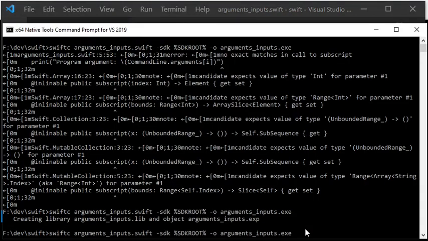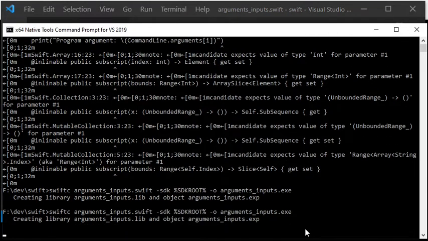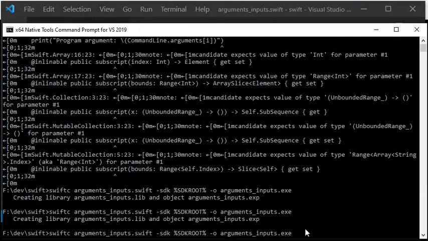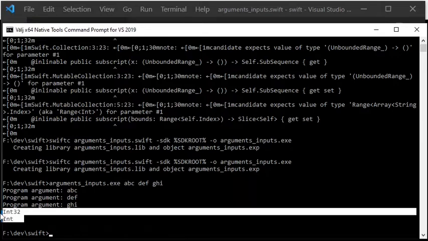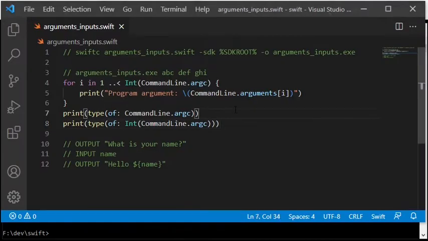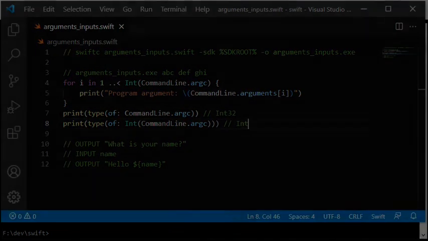When I compile and execute the program again, it works as before regarding the iteration that shows all program arguments. It is also shown that the property type for CommandLine.argc is Int32, and with that type the for loop did not work. But when you instead use a type that is an Int, then the for loop works.